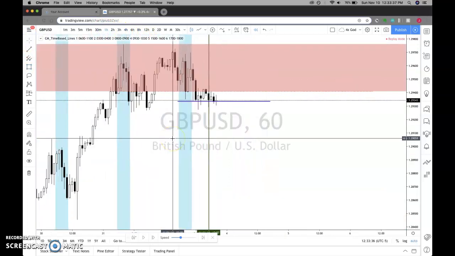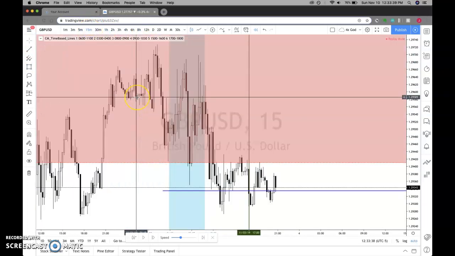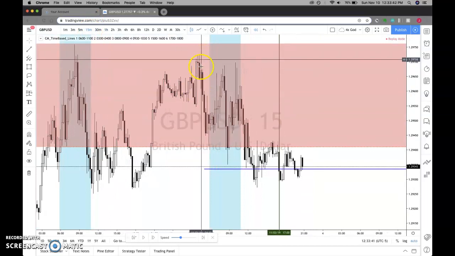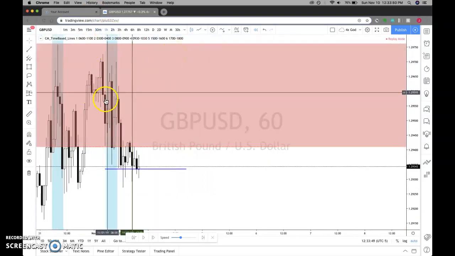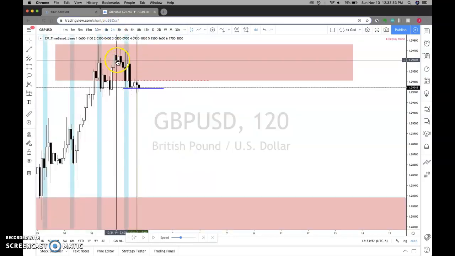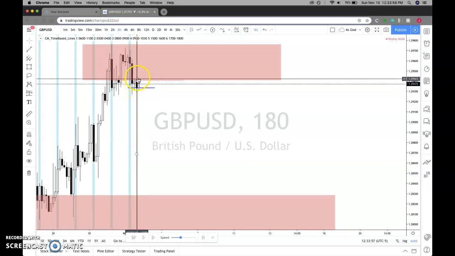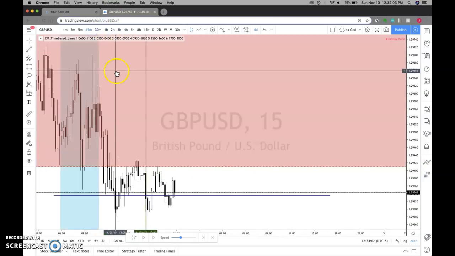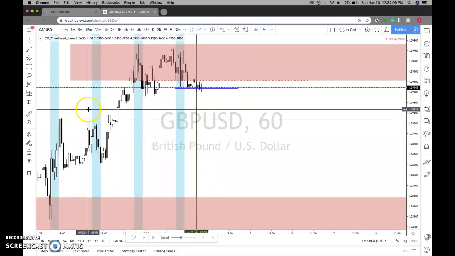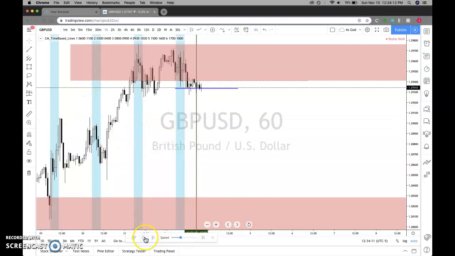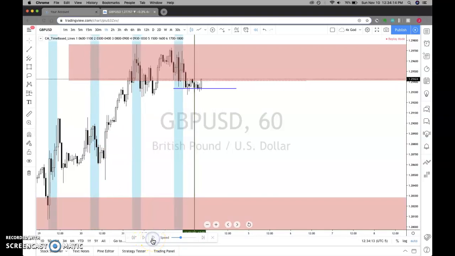Okay, let's go down to some smaller time frame and see where we are. Work our way back. So I know we got M15 transition, we got M30 transition, H1 transition, H2 transition, H3, and we haven't got H3 transition yet. Alright. So let's kind of fast forward. These blue lines are also the time frames I trade. So let's jump forward to